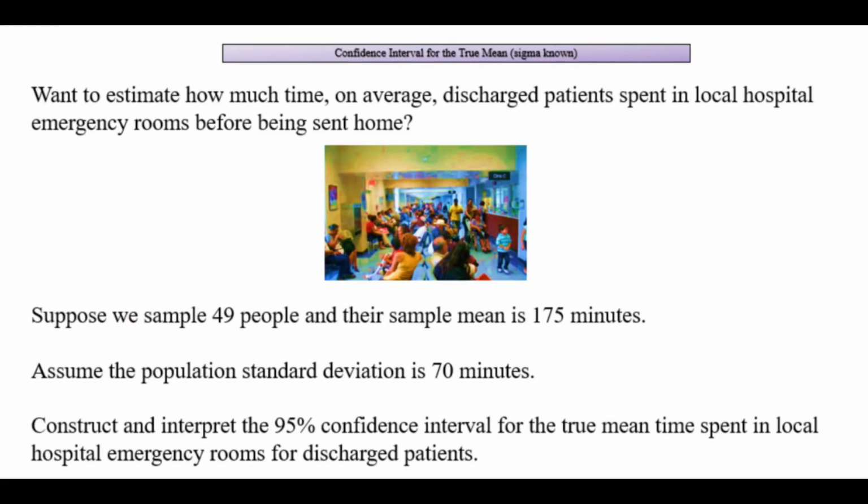Want to estimate how much time on average discharged patients spent in local hospital emergency rooms before being sent home? Suppose we sample 49 people and their sample mean is 175 minutes. Assume the population standard deviation is 70 minutes. Construct and interpret the 95% confidence interval for the true mean time spent in local hospital emergency rooms for discharged